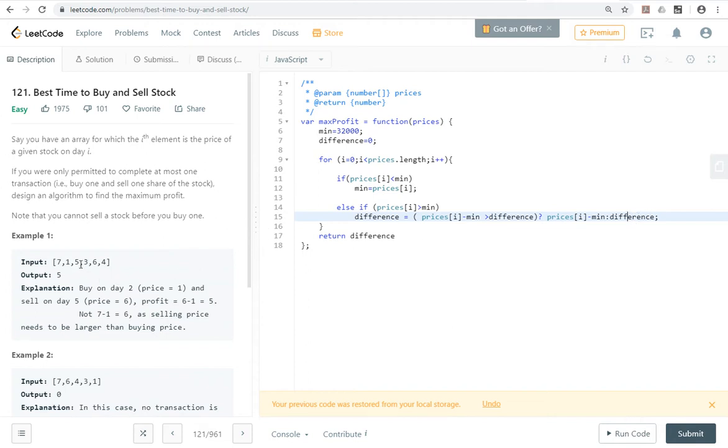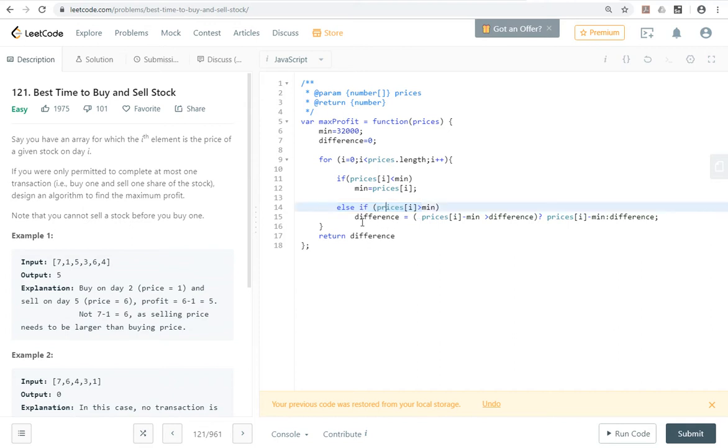And so I iterate here. Let's say I'm at the 3rd index. It means that at the 3rd index, I'll get to this over here, and it's not a new minimum value because the price is 3. And the minimum was 1, so it skips that and goes over to here,